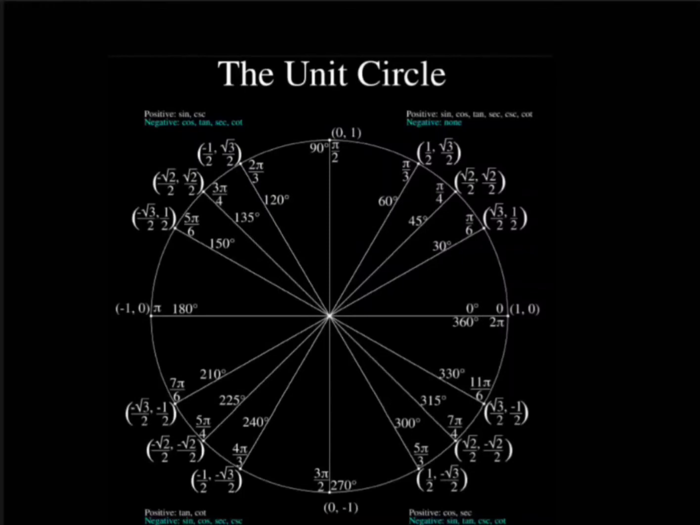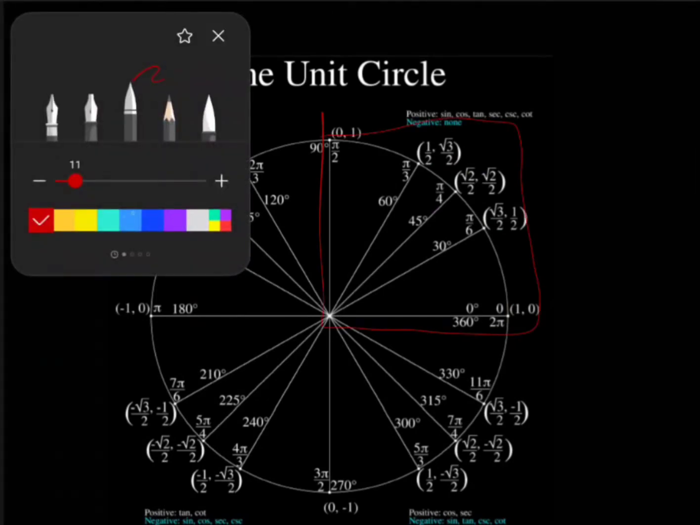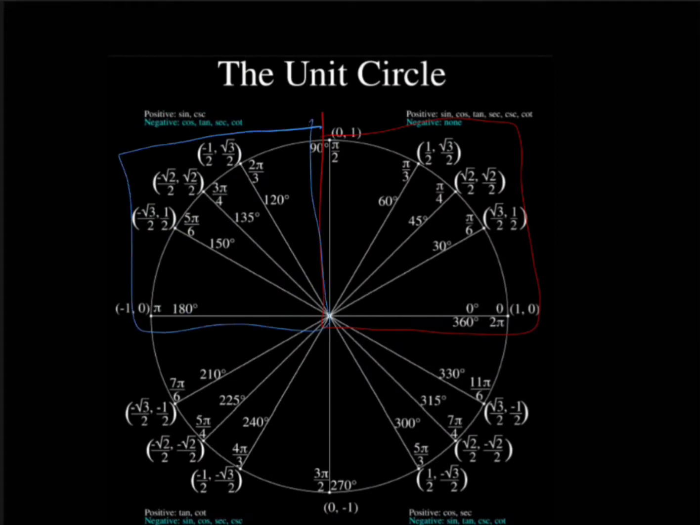Okay, so memorizing the unit circle is actually very, very easy. All you have to do is just know the pattern for this quadrant. And if you know the pattern for just the x coordinates, then you also know the pattern for the y coordinates. And because it's a circle, if you know this quadrant, then you also know this quadrant because it's just